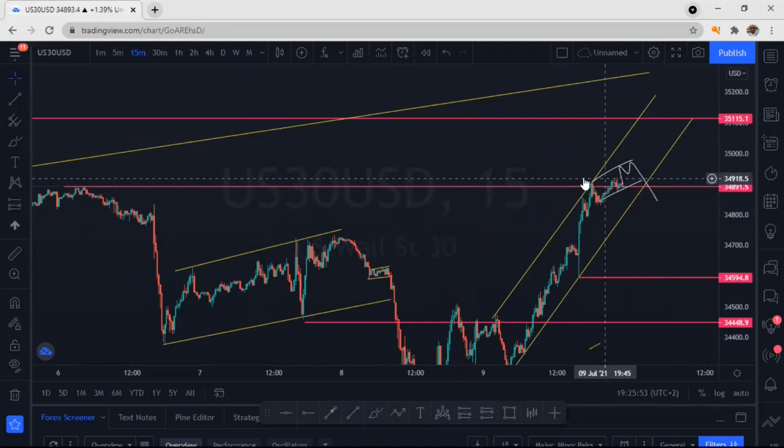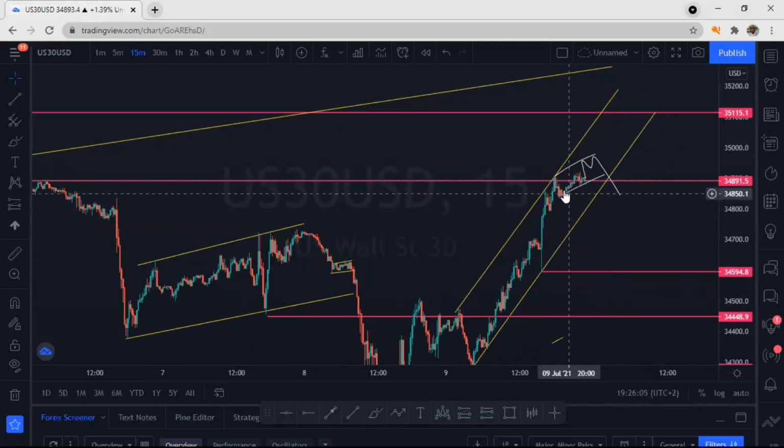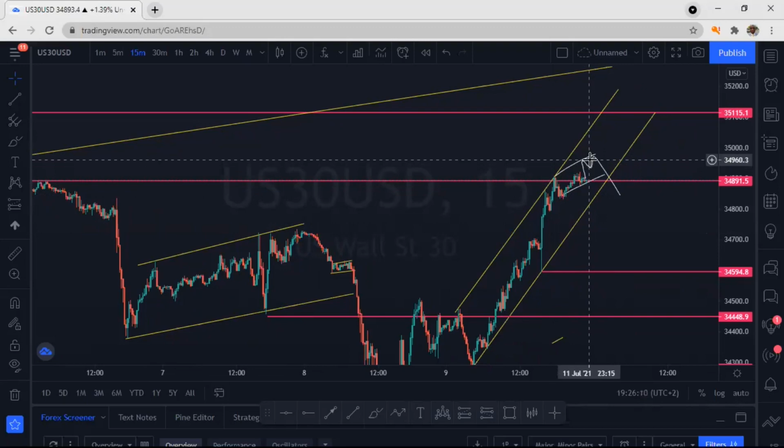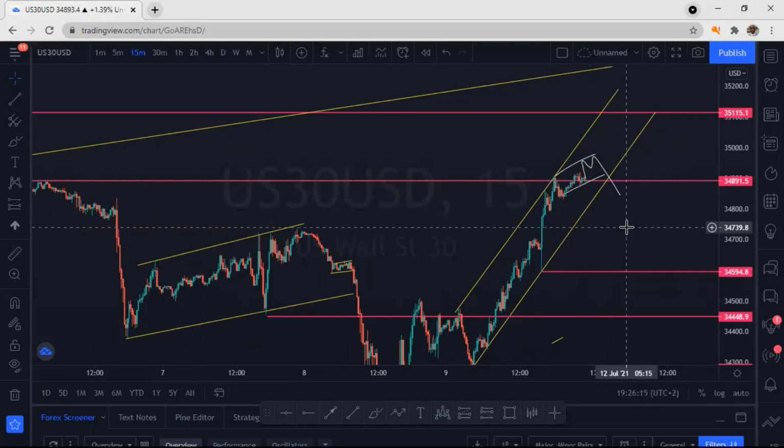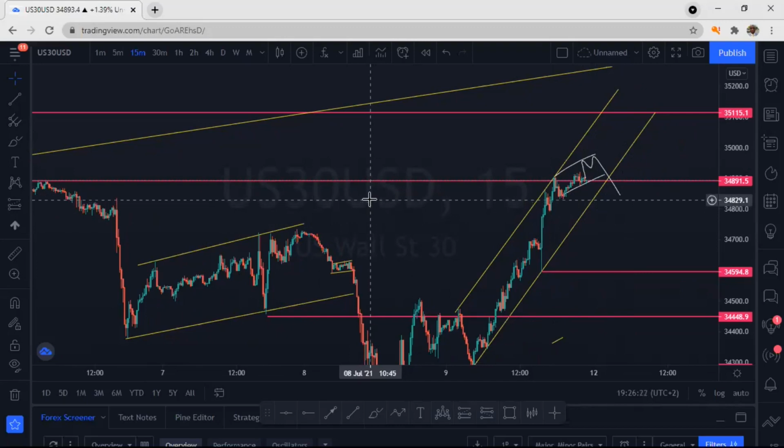Guys, this is a possibility. Normally what happens is most people get caught because they think that this is a double bottom, a double top, I mean, and they place a trade and it goes up and they put the stop loss underneath here and it comes back. How many times has the market done that and you think, okay, this is a double bottom, this is a double top? How many times? A lot of times, it depends. So yeah, it does happen, guys.